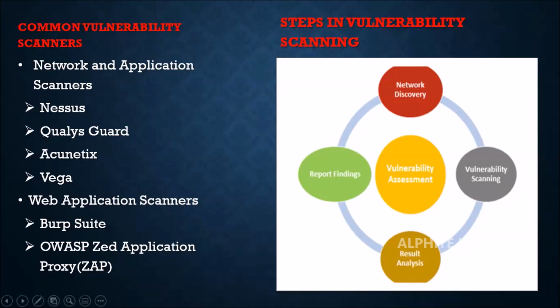The best one is QualysGuard. QualysGuard is highly advanced and provides comprehensive reports. Nessus is next to that. Nessus is a bit not user friendly, not as friendly as QualysGuard. But they are commercial products. They are highly priced. If you are looking for something for individual use, you could go with Vega.